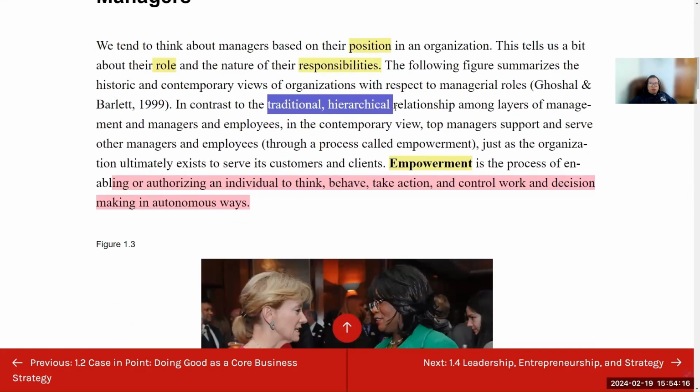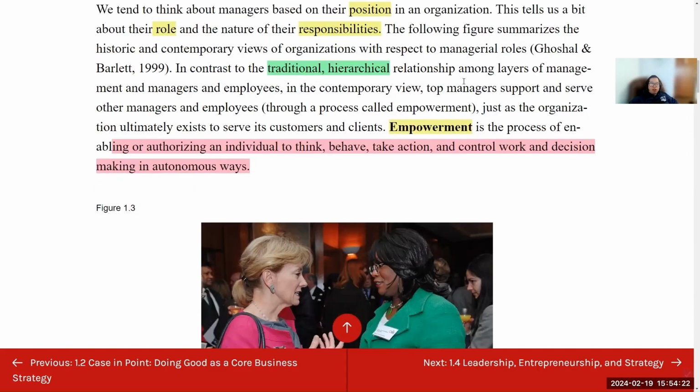The traditional approach is always about hierarchy, or a pyramid, the top and the bottom. But the modern approach talks more about empowerment, which is a process where you let other people outside the manager, could be a middle manager, could be an employee, be in charge of their own way of thinking, behaving, and taking action autonomously. It is a modern approach, but pretty challenging when you give people with narrow viewpoint, ability, and expertise a vast power of making decisions. It's dangerous, but let's see how it goes.